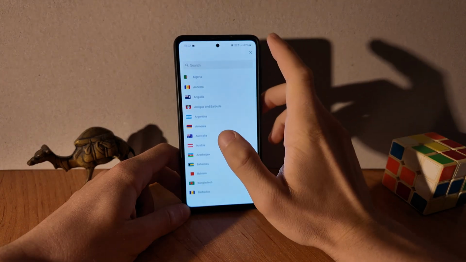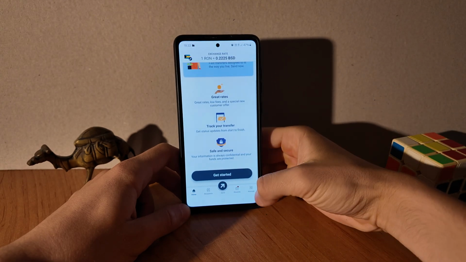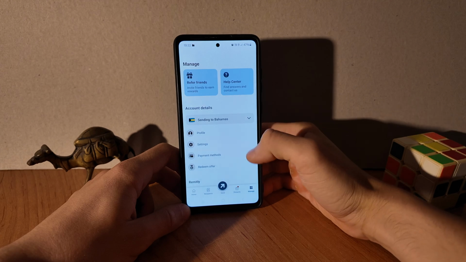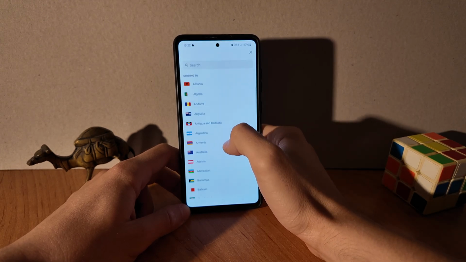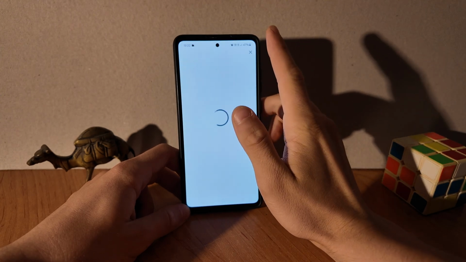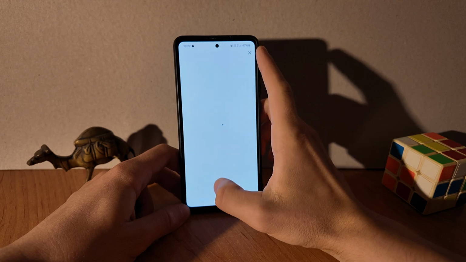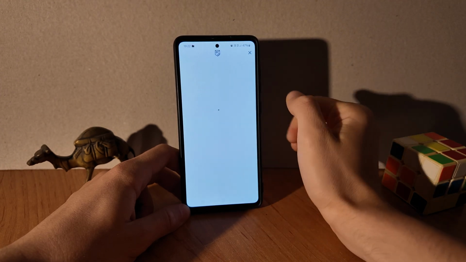First we have to open up the app, and here it opens up in the home menu. From here we just go to the manage menu, then we tap on sending to under account details, and here we tap on Bahrain. Then after the app loads, when we tap on send, we will be able to send money to